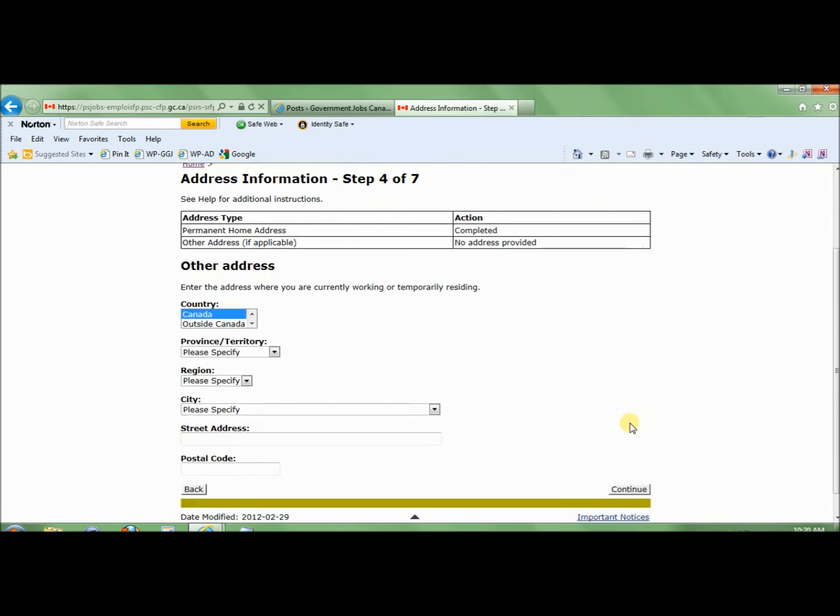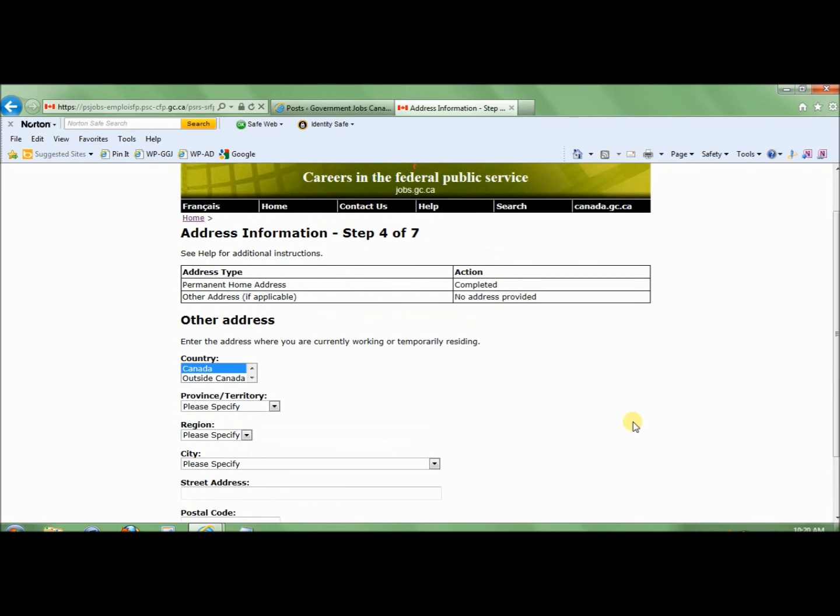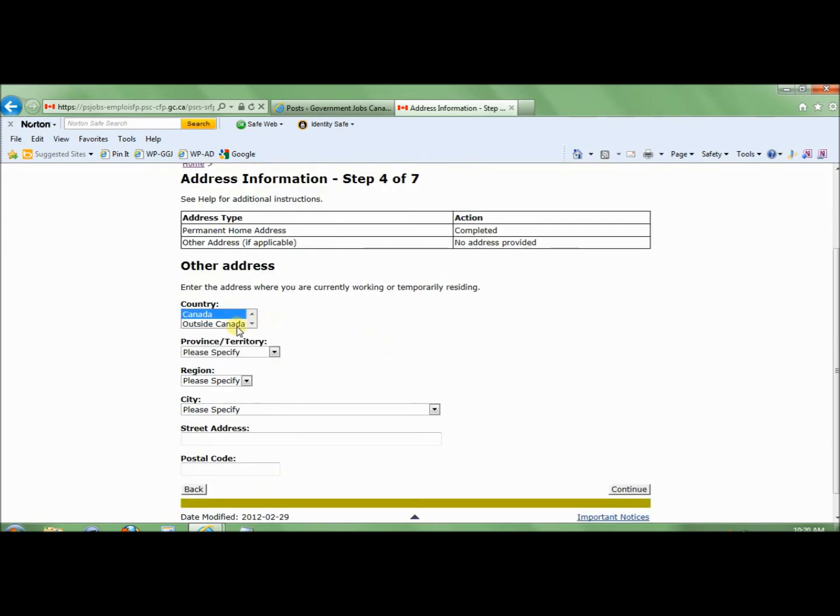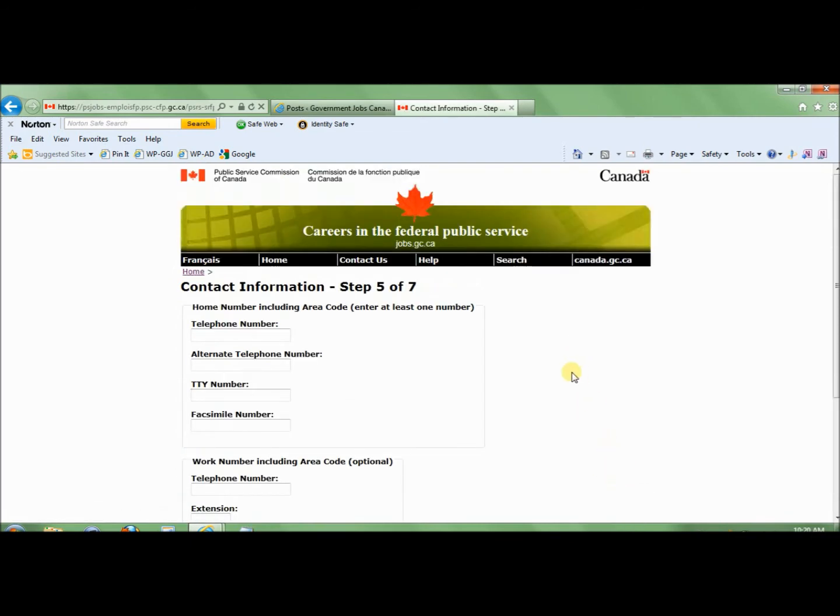Now, step 4 of 7 is your other address. Not everyone will have an other address. This would be used if your mailing address is different from your permanent residence address. This, I suspect, is mostly just used for students if you happen to be living in residence and you want mail delivered there rather than to your parents' home address, for instance. So use this or not, it's up to you whether you need it or not. So I'm going to say we don't need it for this account and click on continue,